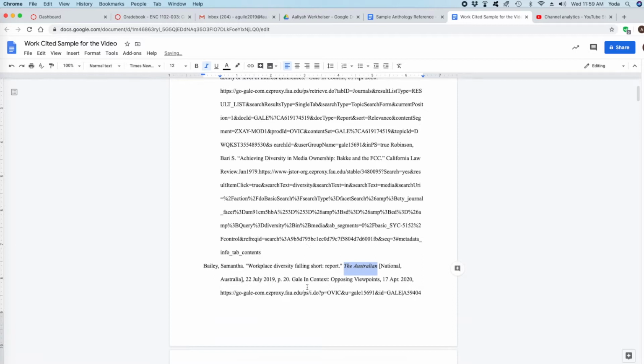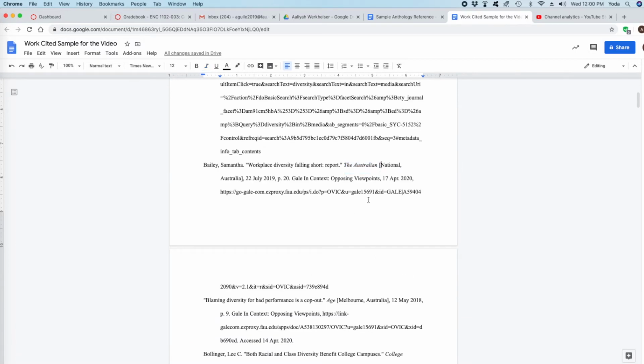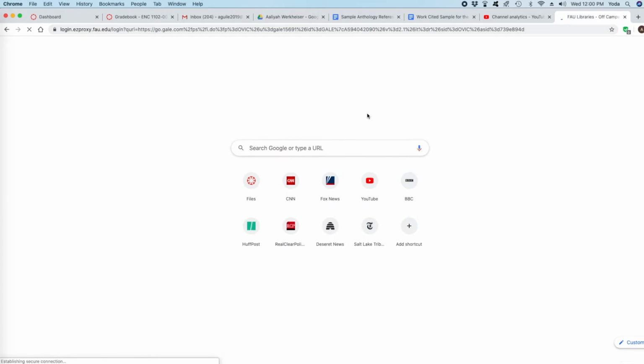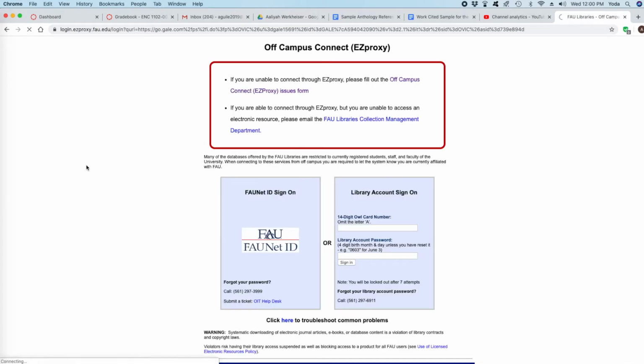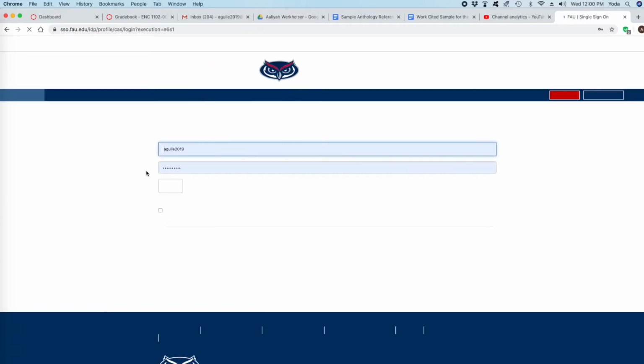Now, somebody is doing this where they're putting the right in there. I don't know if that's correct, so I'm going to show you what I sometimes will do when I'm seeing something I don't trust. I copy, and I bring up the URL. And then it's going to ask me to log in, which I do.